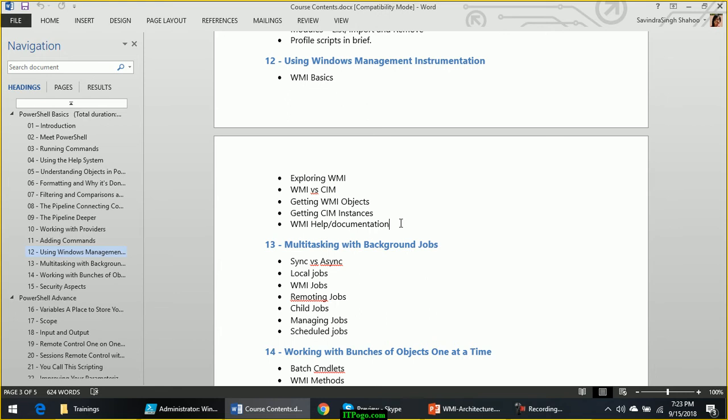So when you are accessing WMI, you are actually making yourself capable of getting the details about the software components and hardware components of your local or remote computer, which will cover everything.